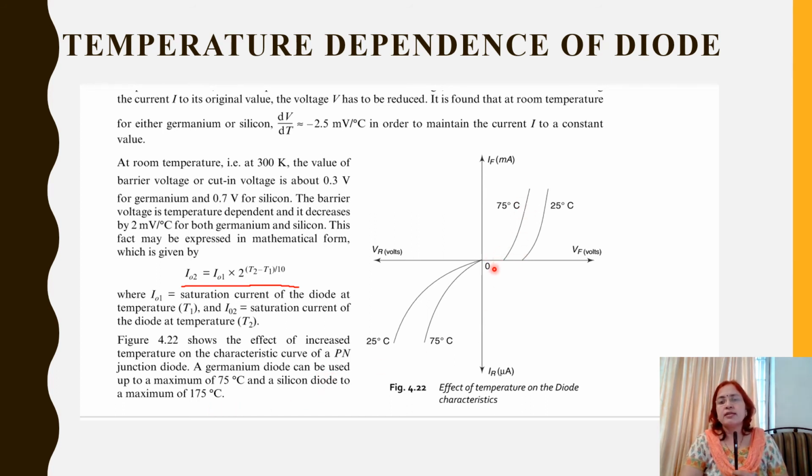So here one can see the forward characteristic at 25 degrees Celsius and at 75 degrees Celsius. You can see that the cut-in voltage occurs very early when we increase the temperature from 25 degrees Celsius to 75 degrees Celsius, and therefore an early cut-in of the junction occurs and there is a rapid increase in the current. So you can say that by increasing the temperature, the forward characteristic of the diode shifts to the left. Similarly, for the reverse characteristic, the curve shifts to the right from 25 degrees Celsius to 75 degrees Celsius.